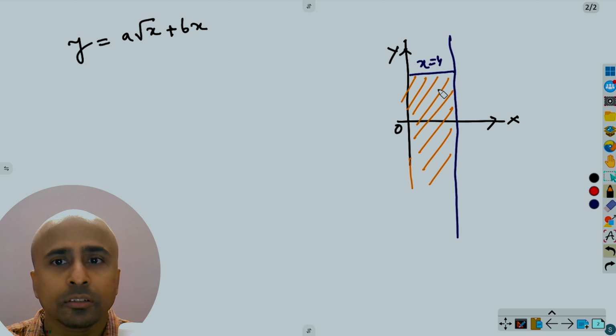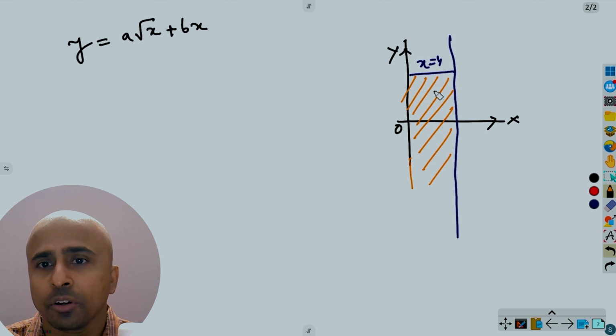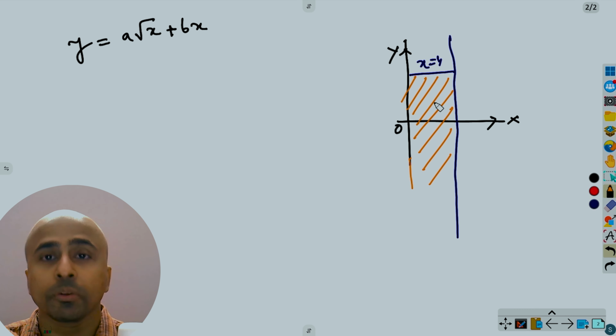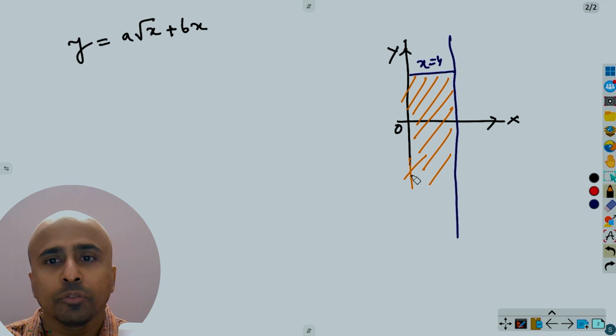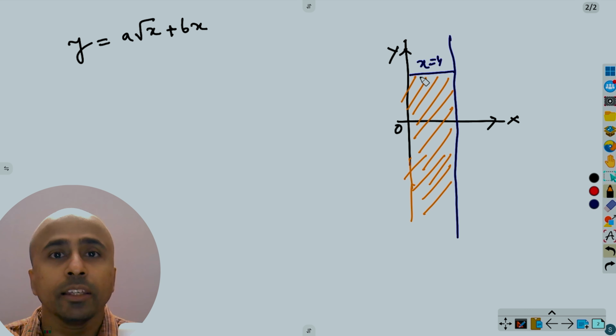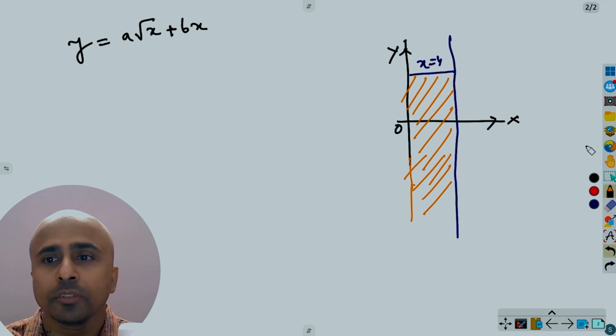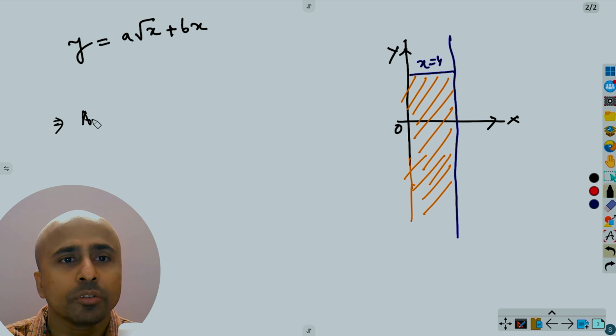We don't know whether the curve is on the positive side or the negative side, which branch of the curve is above the x-axis, or which part is below it. We don't know this, but all we know is that we have to find the area of this curve falling inside this region, between the x-axis and x equals 4. Okay, so we know that the area